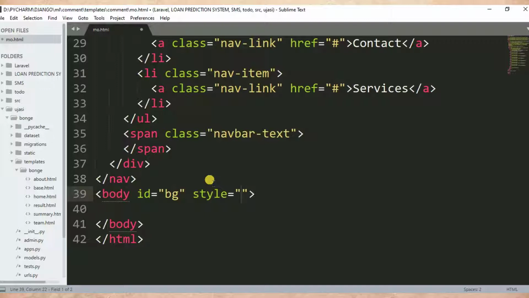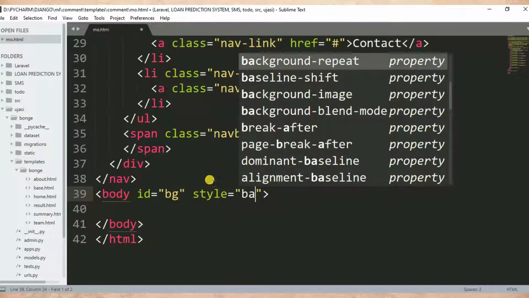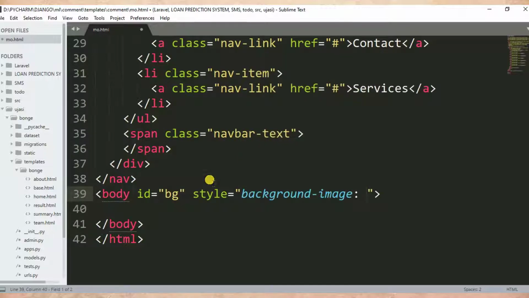So here in style, I set background image, then after url, single quote.